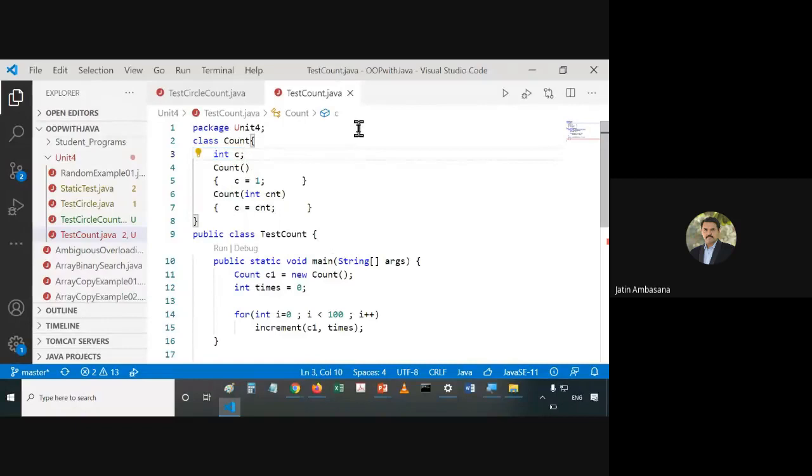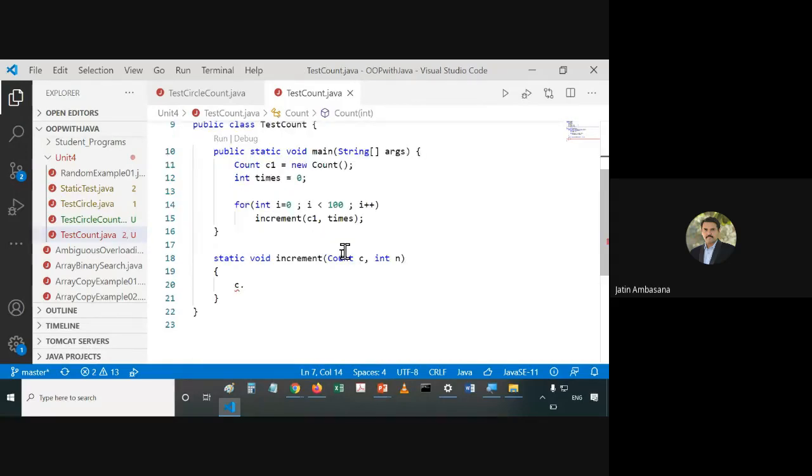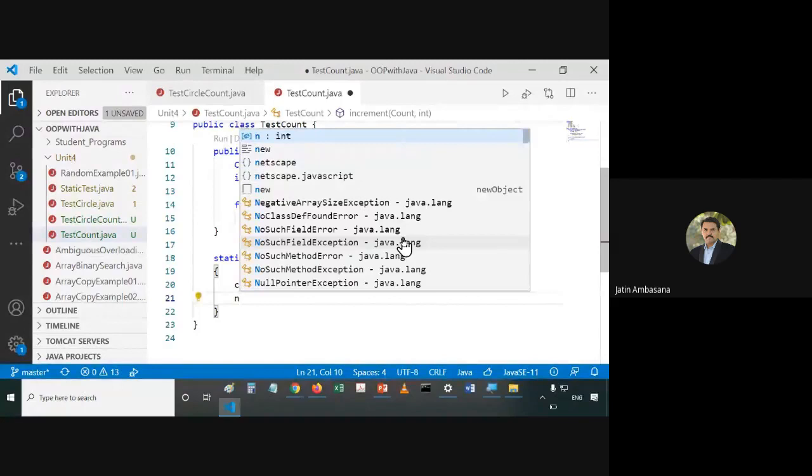Let's call it the smaller count. So we call it over here, c dot count plus plus. We increment the count, and now we also increment n.